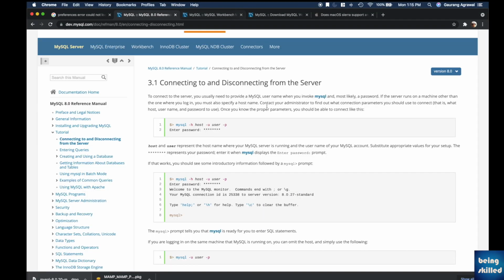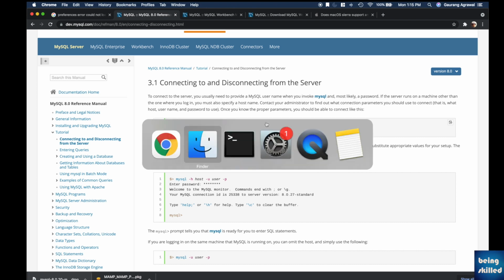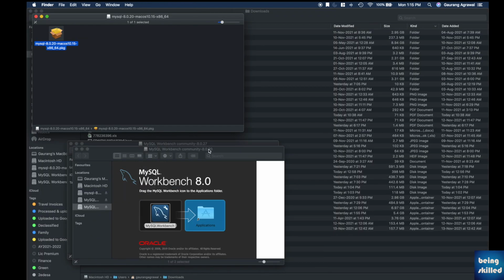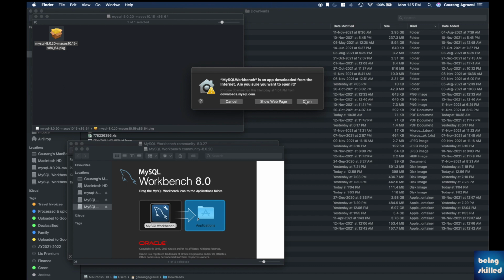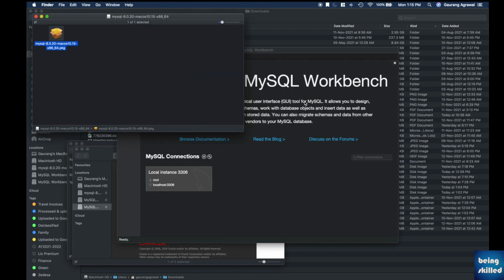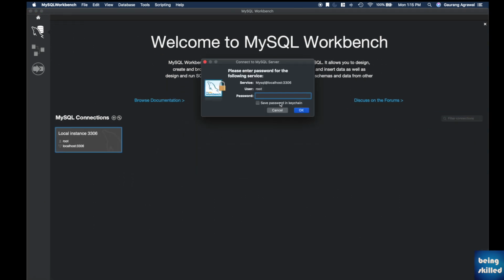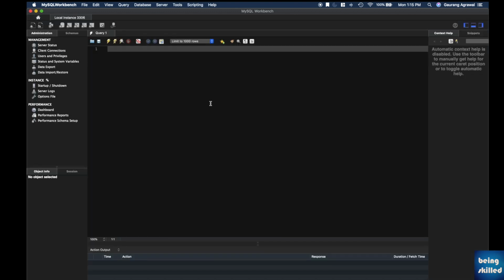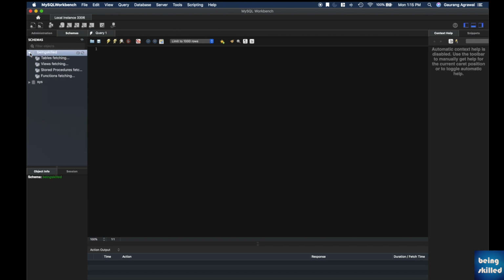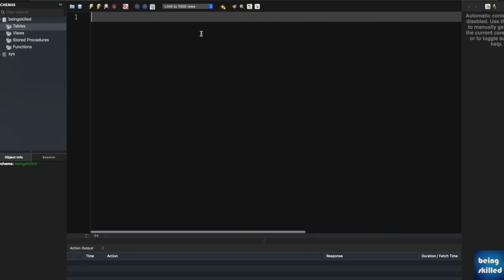So Workbench is basically an interface which connects with the MySQL server installed on your operating system. So we will now open the Workbench application which we have copied recently. So we will just try to maximize that and connect the Workbench with the local MySQL connection. Enter your root password which you had set up earlier, and we will now write a query which will be a very basic create table name, and then the column and the data types,